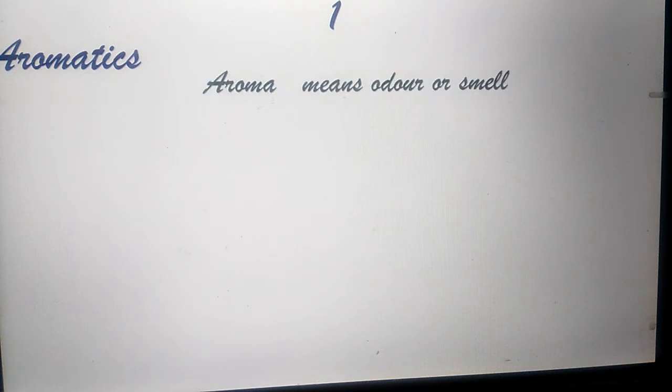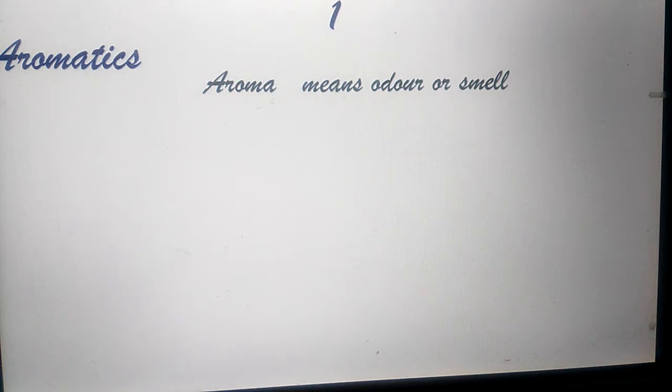First one is, what is aromatic? Aromatic word is derived from Greek word aroma. Aroma means odor or smell. Originally this word was used for any cyclic compound which have specific odor, which have specific smell, but today it lost its meaning